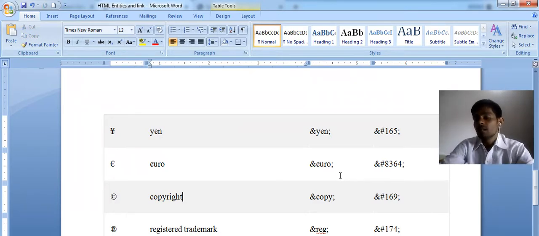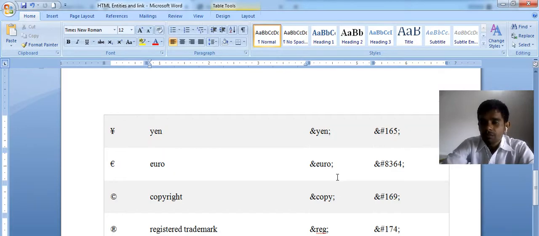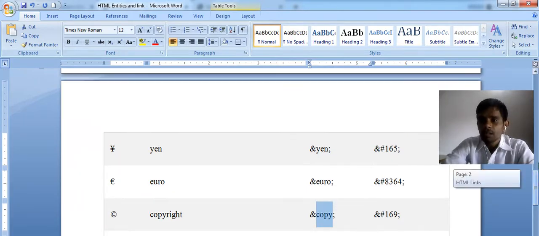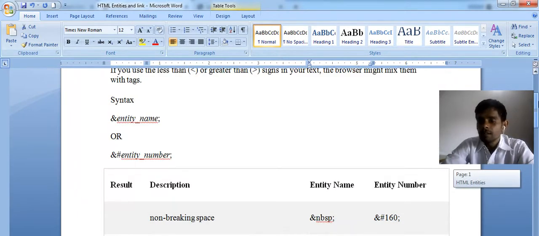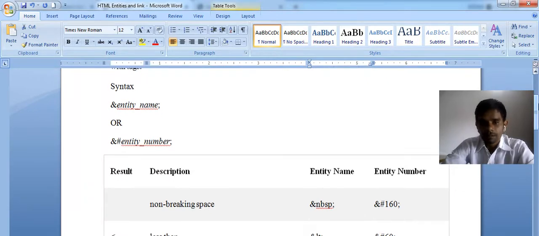These entities are case sensitive. It means if copy is written in small letters, it should be in small letters. Don't use upper case letters because it is case sensitive. These are the entity names and the use of entities.